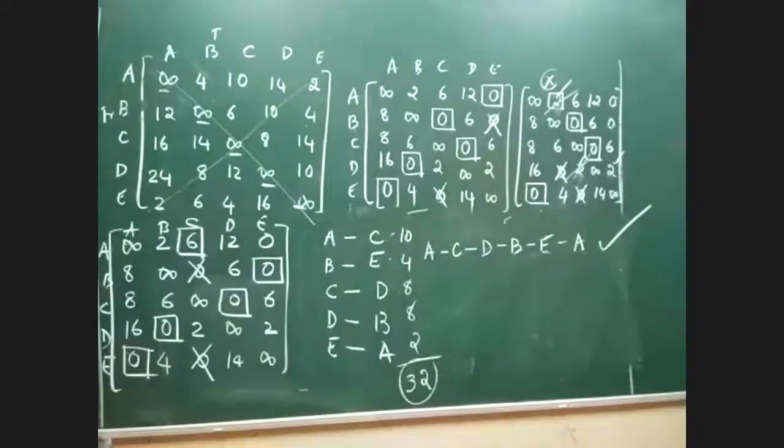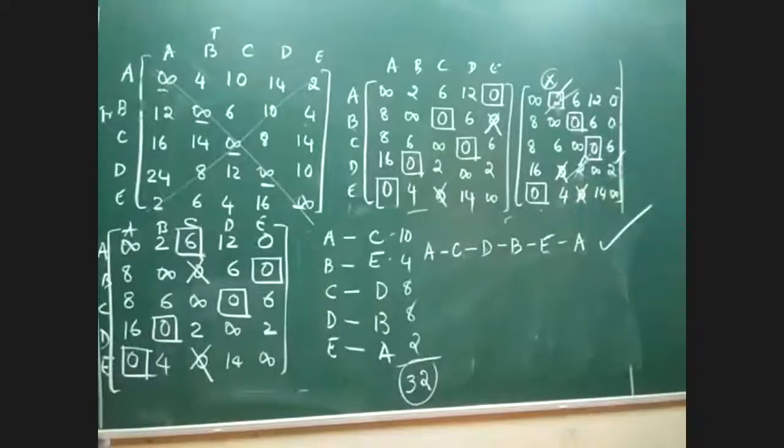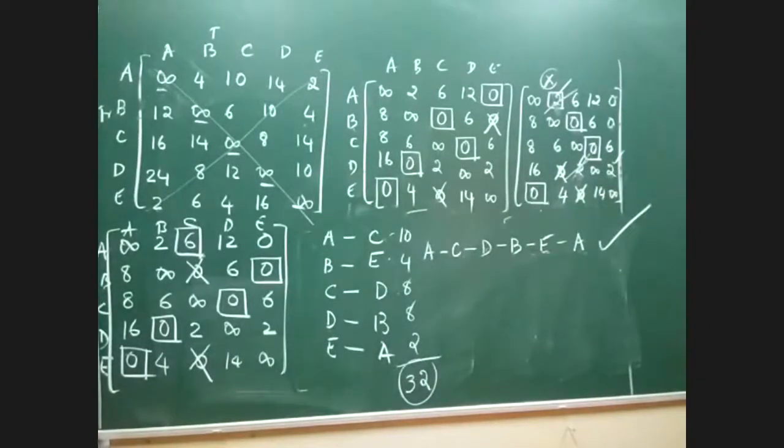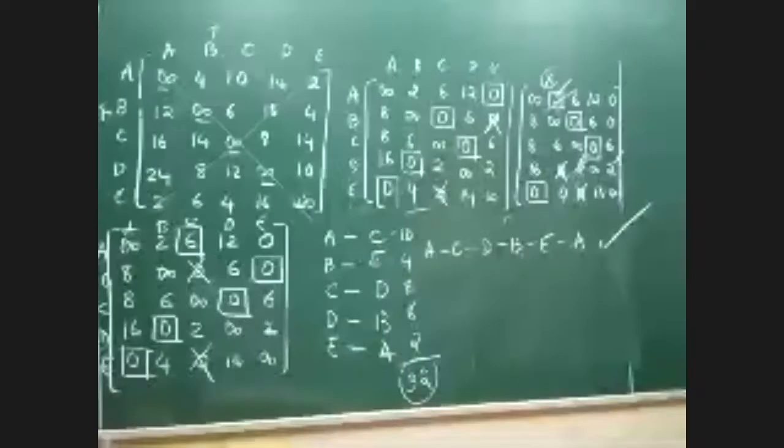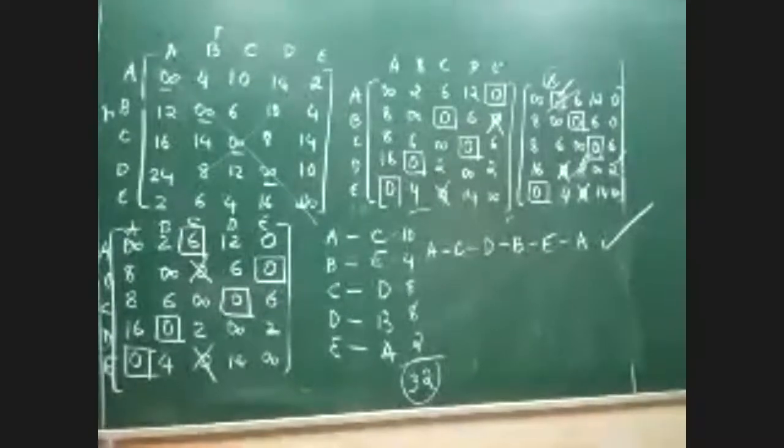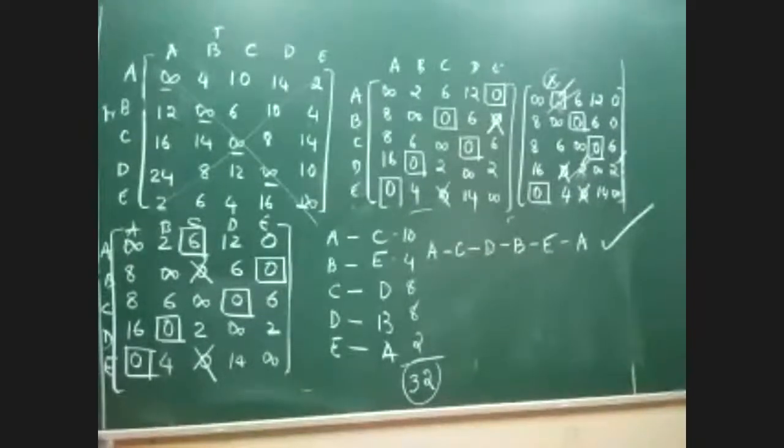The traveling salesman has visited the place in this order. So e order li avanu travel madidre avange total cost ಎಷ್ಟು ಬರುತ್ತೆ? 32 rupees. This is 500% sure question in the exam for 10 marks. Doubt ಇಲ್ಲ, absolutely no doubt. Hagagi this is very important. We will solve some more questions on that and then I think you will be able to appreciate. At least ellarigu one fair idea banta. You got a fair idea about what this question is all about? Everyone? Yes or no? Please reply. Yes, sir.